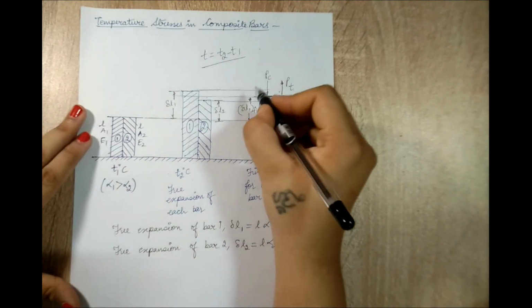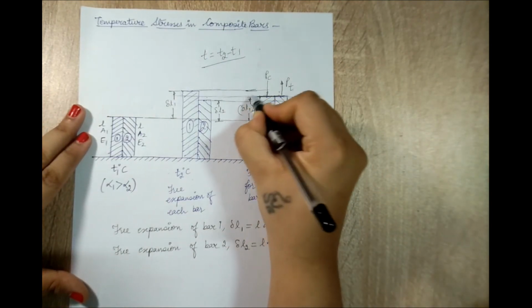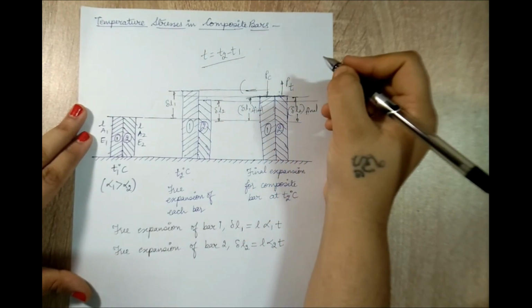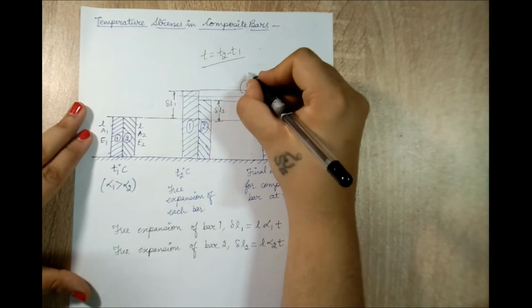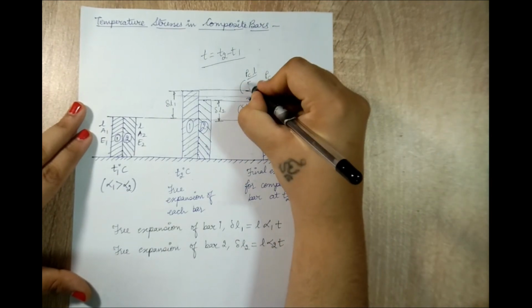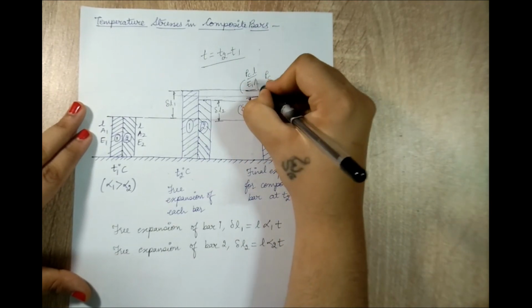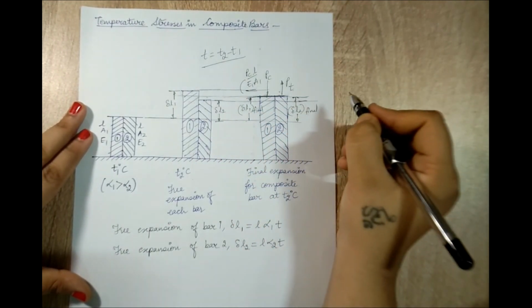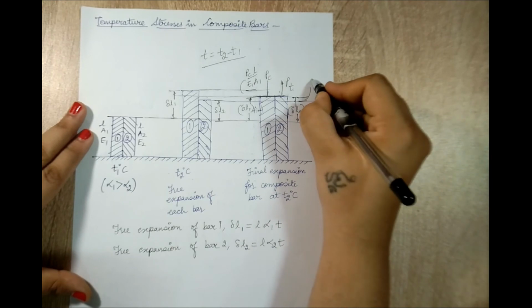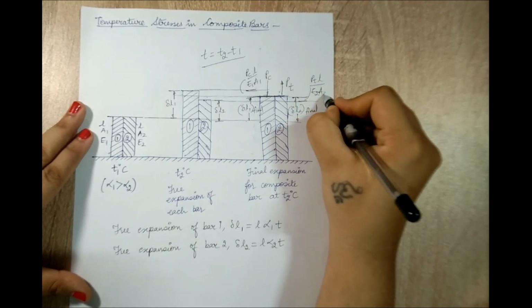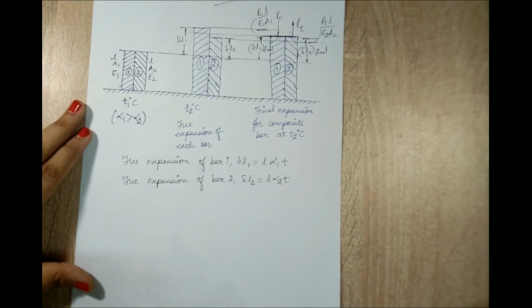Now if you observe this much portion, obviously this is one small change which did not take place. So again the change in length is PL upon EA. So I'll say it is PC, again over length L, and E is E1 and area is A1. For this much portion where the expansion has taken place, I will say it will be PT L upon E2 A2. So let's write down some equations here now.